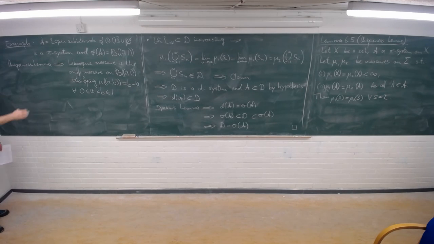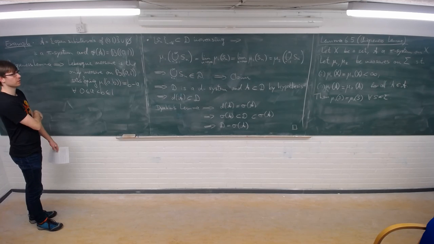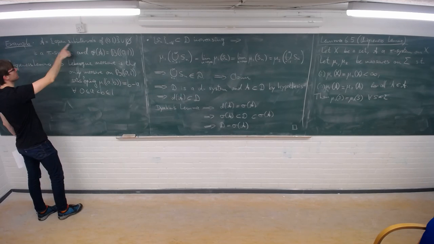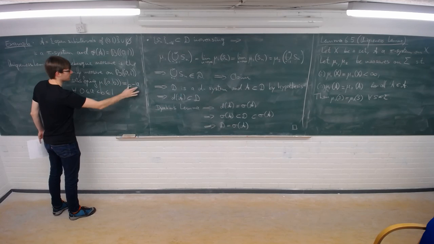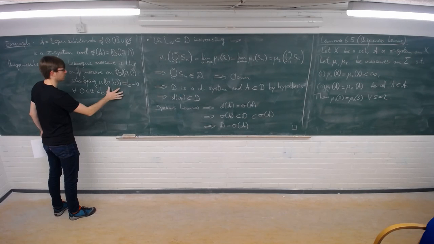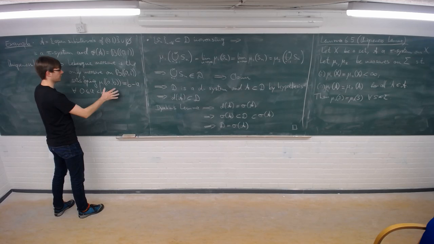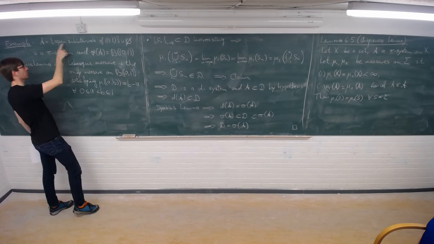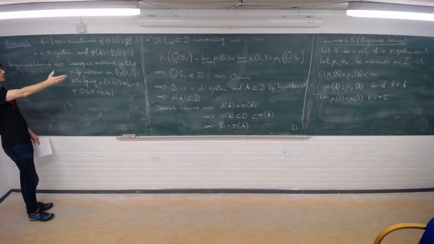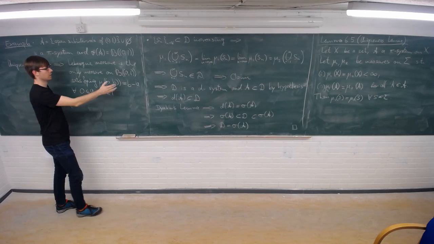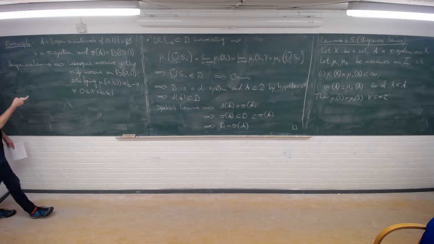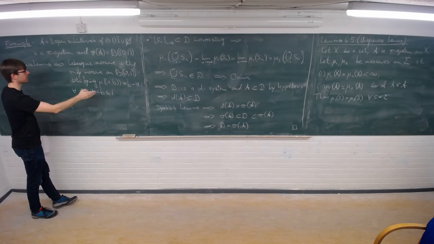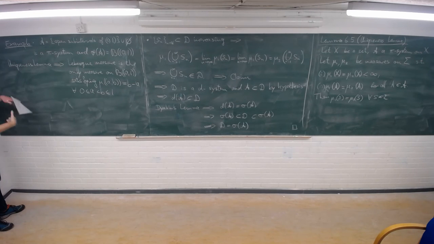This is an immediate consequence of the uniqueness lemma. This set of open subintervals is a pi system, and the Lebesgue measure satisfies this formula for every open interval. So if we have any other measure that satisfies the same formula on all the open intervals, then by the uniqueness lemma it has to agree with the Lebesgue measure on the Borel sigma algebra. So this is quite a strong statement, I think. Because we started defining the Lebesgue measure by taking little boxes and